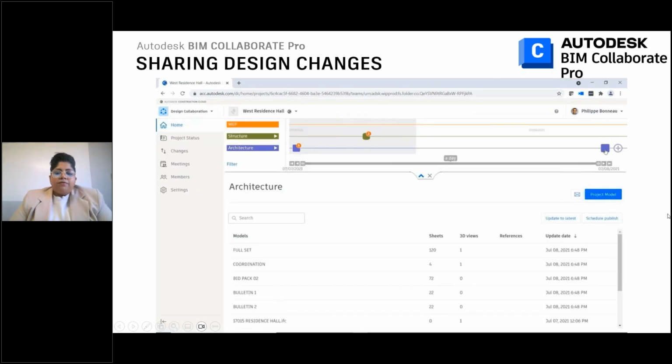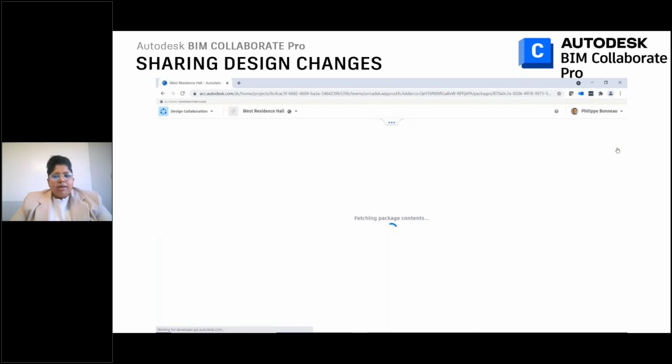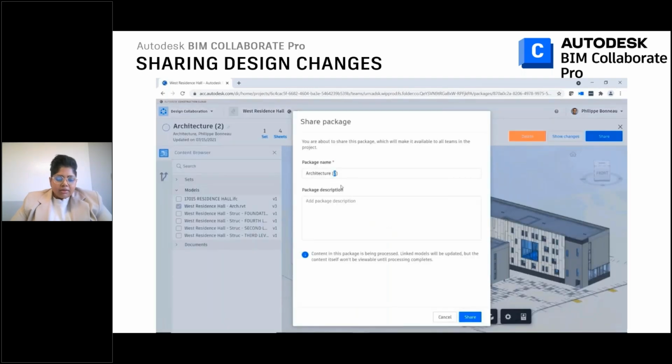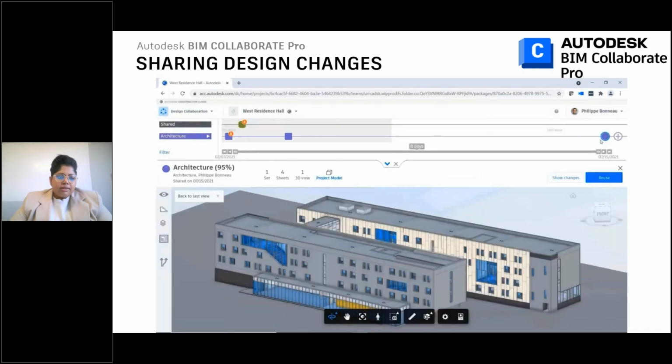Then in terms of sharing your design changes and more about the changes that are going to be occurring throughout the project, there's a lot of changes that are going to be happening that are very easy to miss. So the tool that BIM Collaborate Pro provides to mitigate that is the change visualization. So the change visualization tool